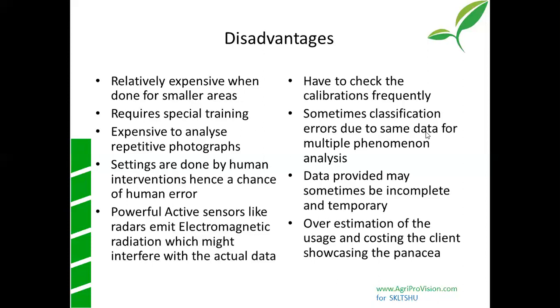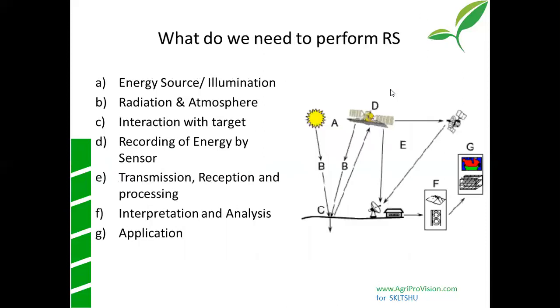Sometimes what happens is overestimation of the usage and costing. For example, people say, okay sir, we are doing it with remote sensing, so rather than 10 rupees, it's going to cost about 100 rupees, because we are doing it with a drone or a satellite. For smaller areas, definitely it's going to cost much, but if you are looking at a broader area, at multiple areas of scope, then sometimes people, to make it a commercial angle, say it costs you 20 times, 30 times, and then they rip you off. That's again a disadvantage to expanding remote sensing to a wider scope of applications.